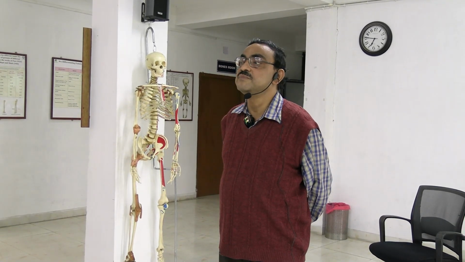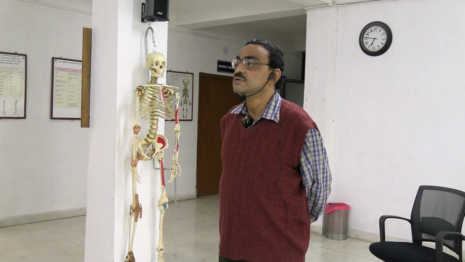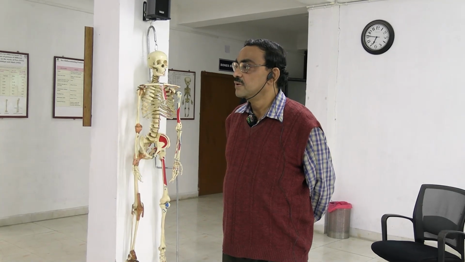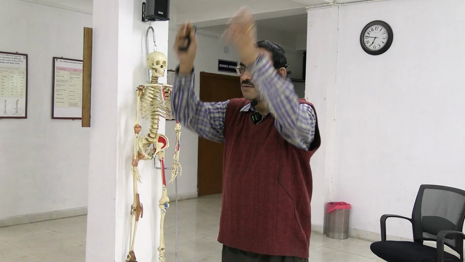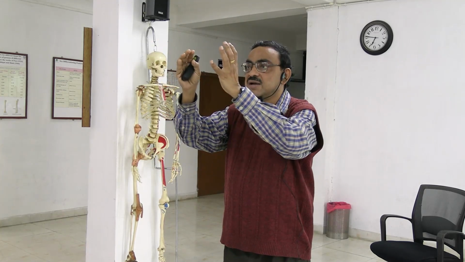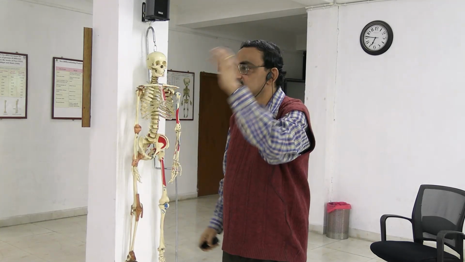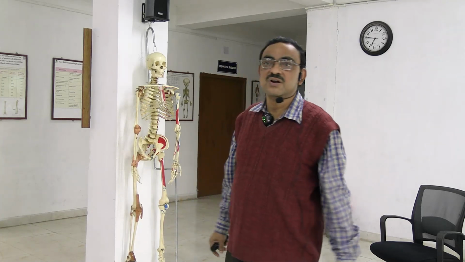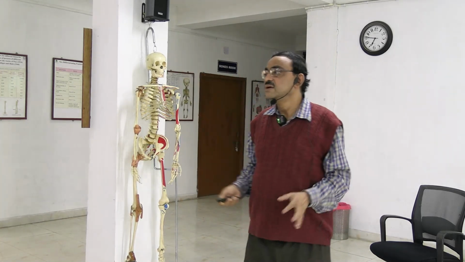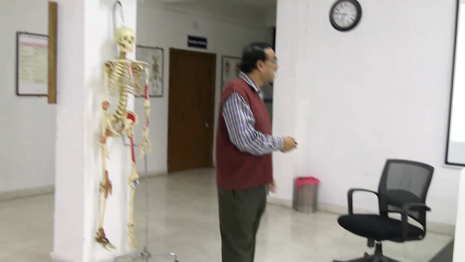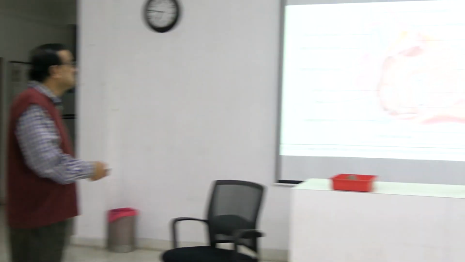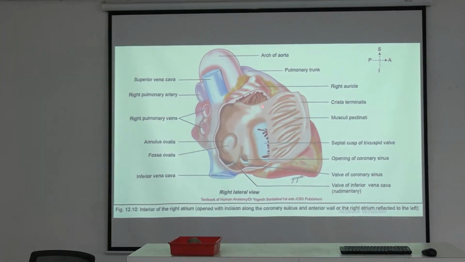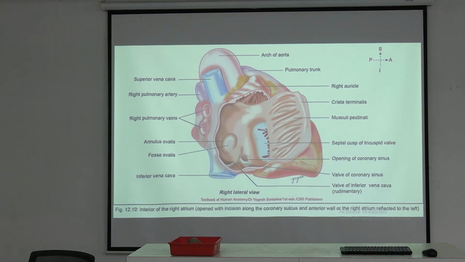The heart develops from two endocardial tubes, they merge, and they form sinus venosus, atrium, ventricle proper, bulbus cordis. You will know gradually. But just remember, at this moment, this smooth part